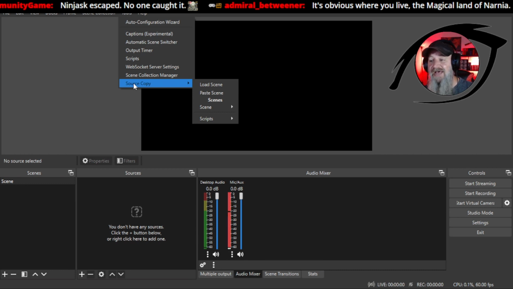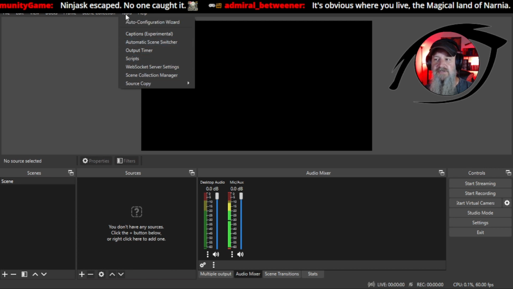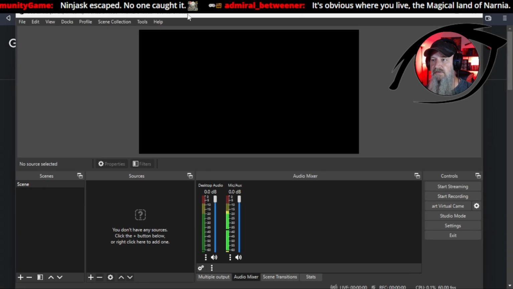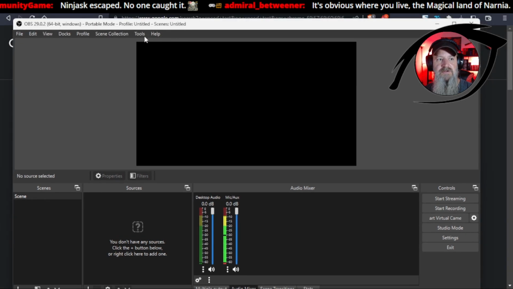Now, I don't have anything to show you just yet. And we're going to go through these more one by one as we get through. But as you can see here, you go down to source copy. It's under the tools, which you can't see because of my chat. I apologize. Here, there we go. It's under the tools,